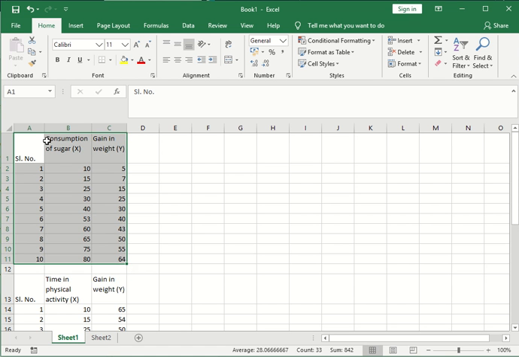Look at the first table. Some samples have been taken: sample 1, sample 2, up to sample 10. There are 10 items in the sample. The serial numbers are represented by the sample numbers, and two attributes or two variables are given here. This is x and this is y. The first variable x represents the consumption of sugar, and the y variable represents the gain in